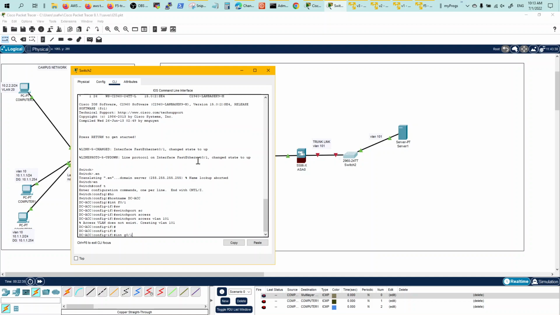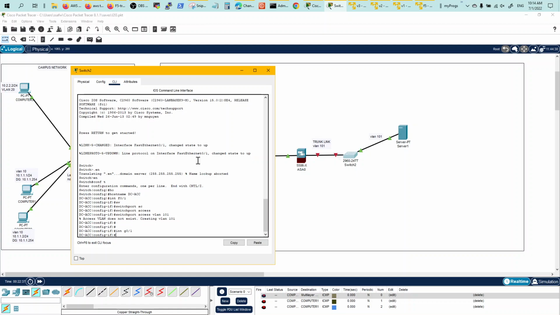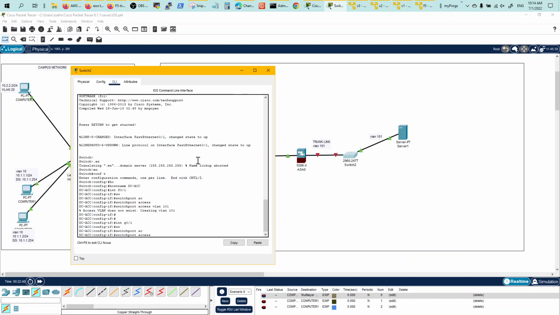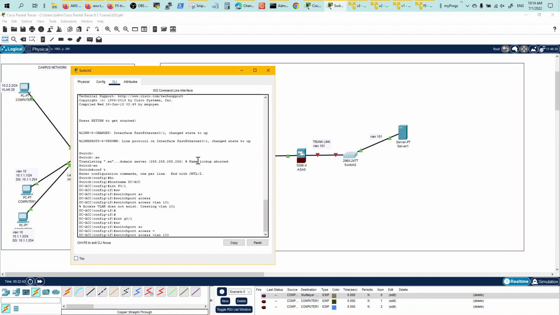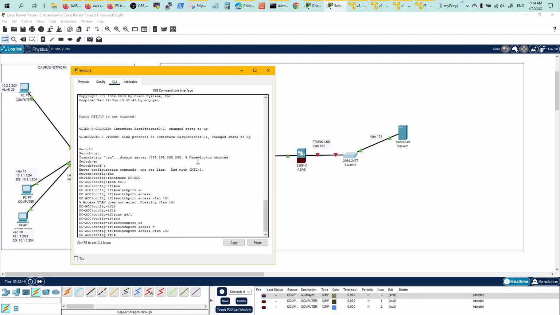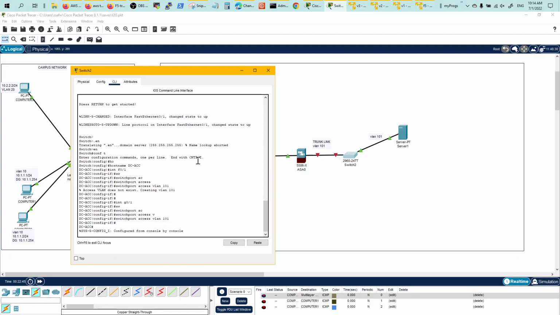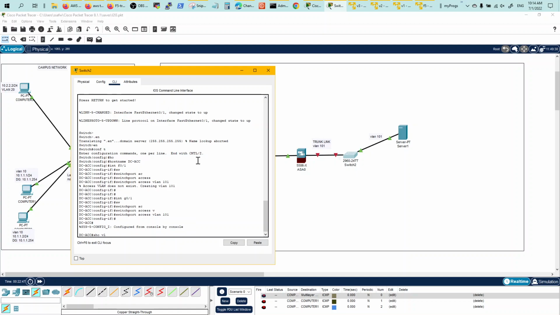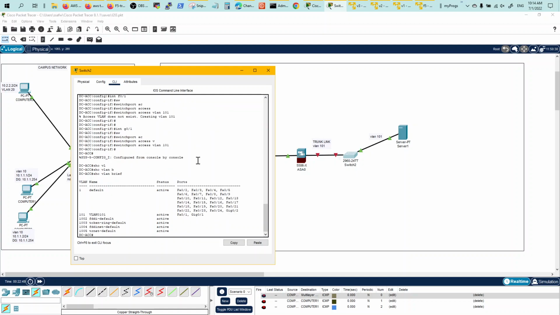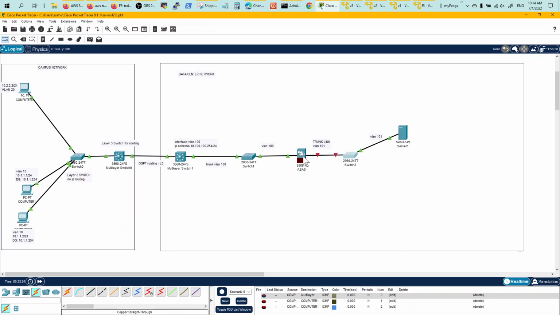Interface gig 0/1, switchport access VLAN 100, or 101, sorry. Show VLAN brief, and we can see that we've put VLAN 101 on fast 0/1 and gig 0/1. The moment we bring this guy up,